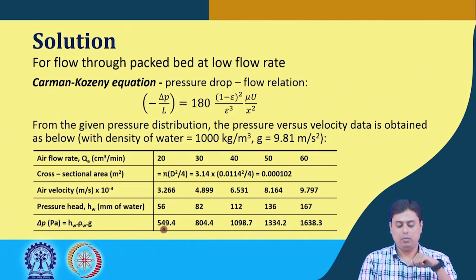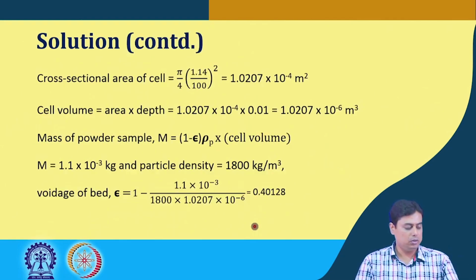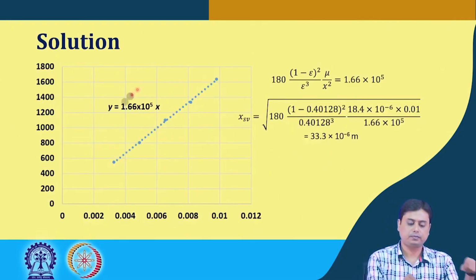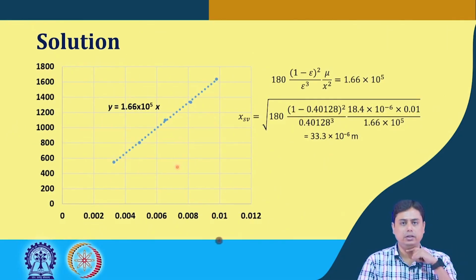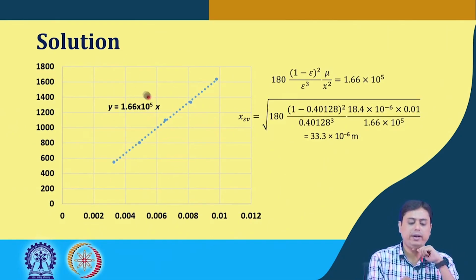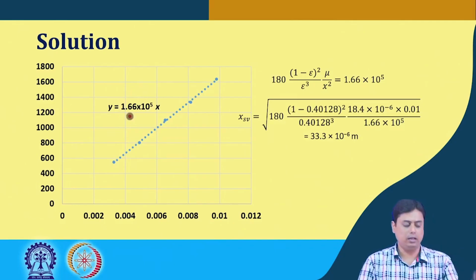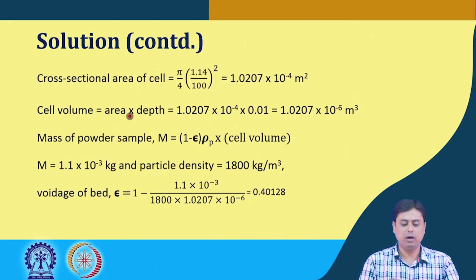We plot x versus y, where x is the air velocity and y is the del P, and then you can find out this kind of a relation where you can find out what is the slope of that graph,